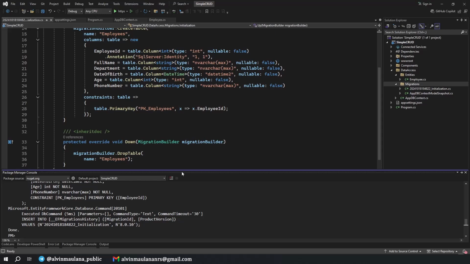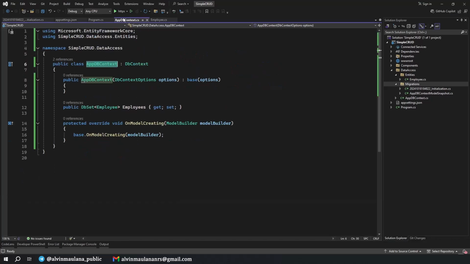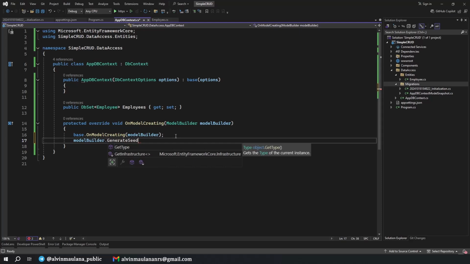And one more thing we need to have is a dataset. So a dataset is like a data sample for helping us develop this application, so it looks more like a real application, instead of adding data manually one by one. To achieve this, we can go to the ApplicationDbContext, and in here we are going to generate our seed. But instead we will have another class for this, so just prepare in here modelBuilder.GenerateSeed and close it.